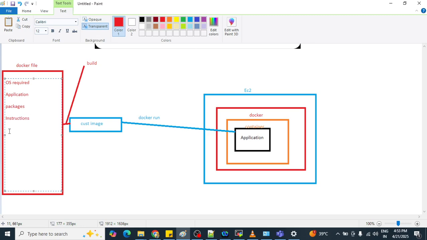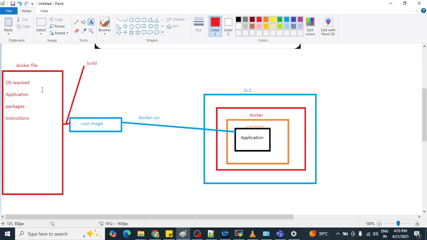Now this particular OS, this particular image, is coming from docker hub. Got it?